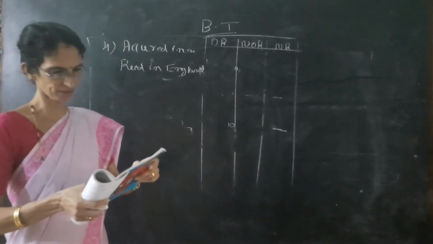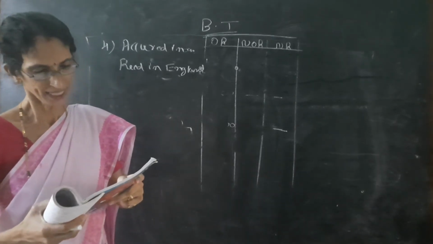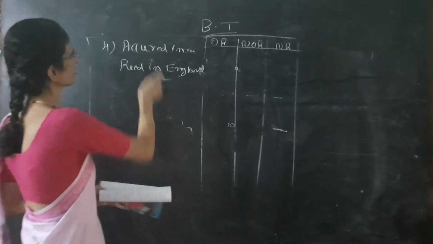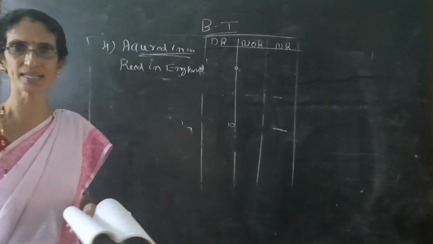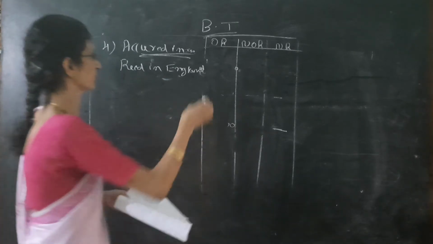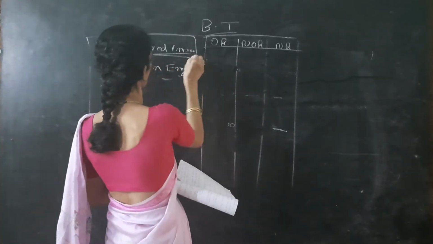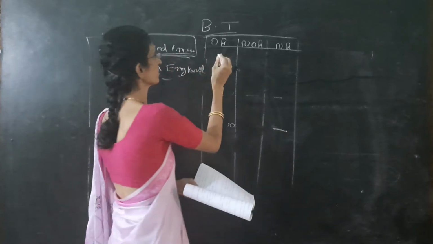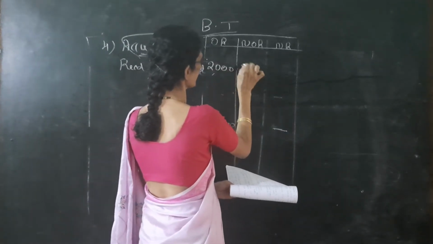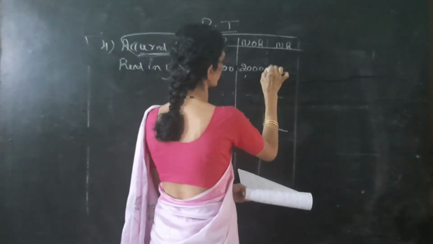So here it is given, once again I am reading the problem. Accrued in India. Accrued in India means finished, no need of reading other things. In India, but received in England rupees 2,000. So accrued in India means, underline that one, three columns, yes. So we have to write 2,000, 2,000, 2,000.